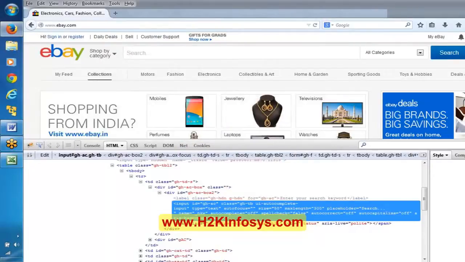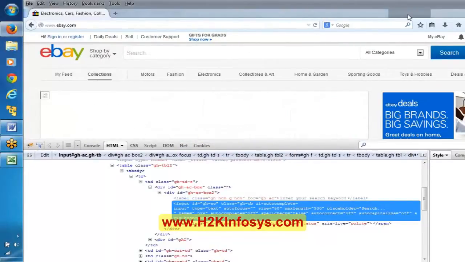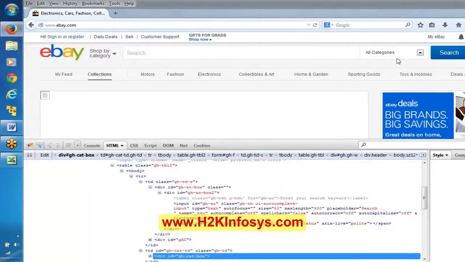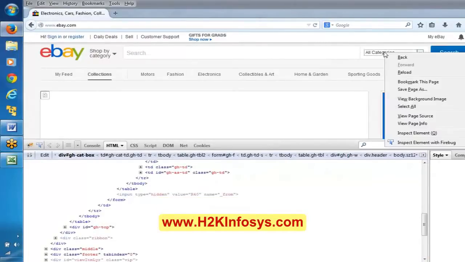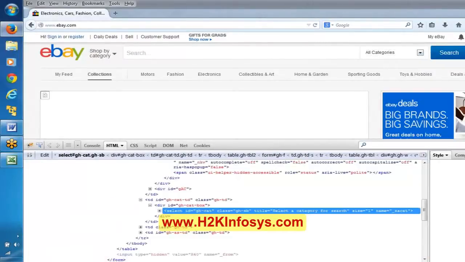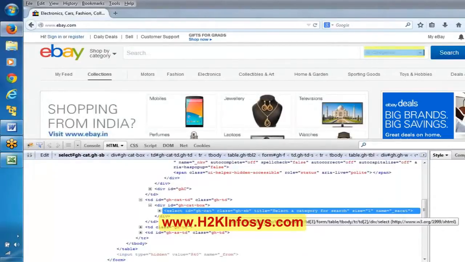Now similarly we will try to find this particular list box. Here there is another option. Select this, and here I am selecting this particular list box. Now everyone observe here. Otherwise, let me right click on this object. Let me say inspect element with Firebug. Can you all observe here?